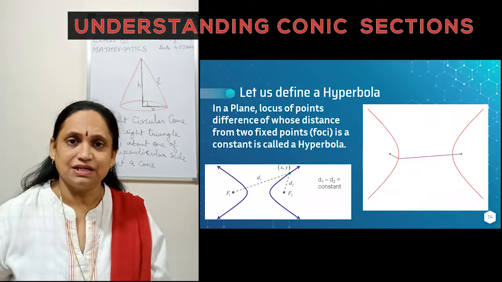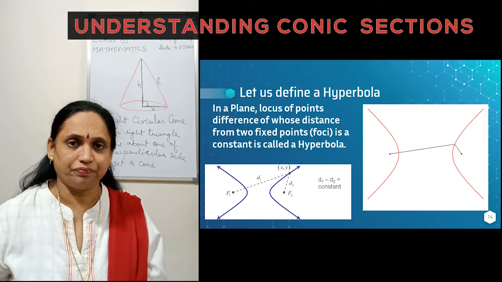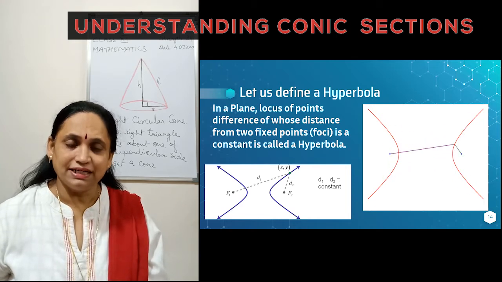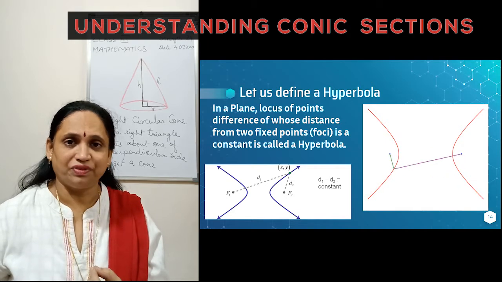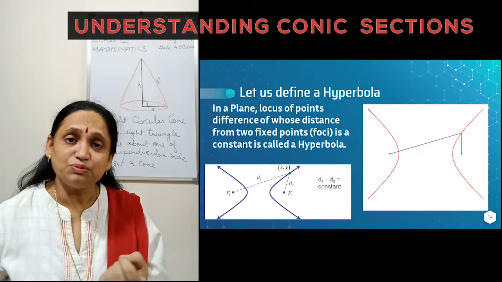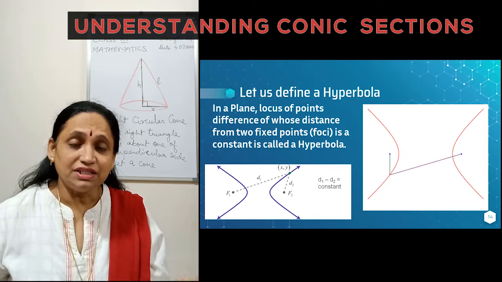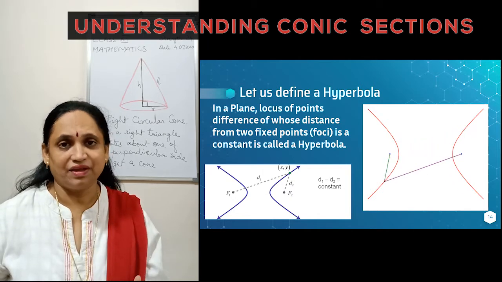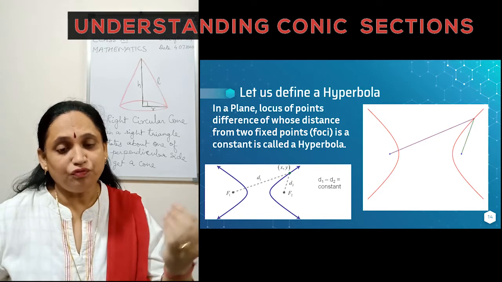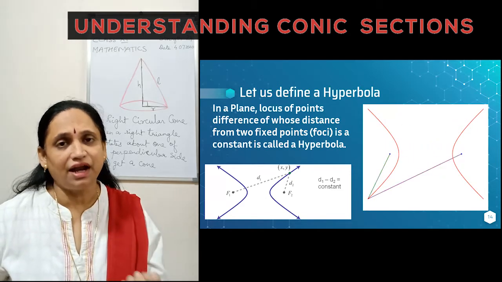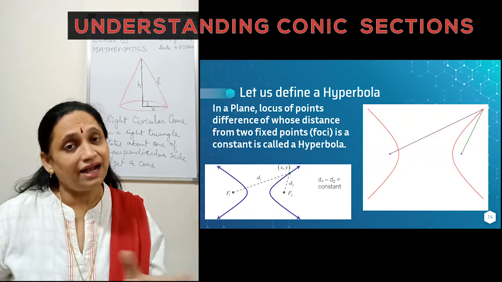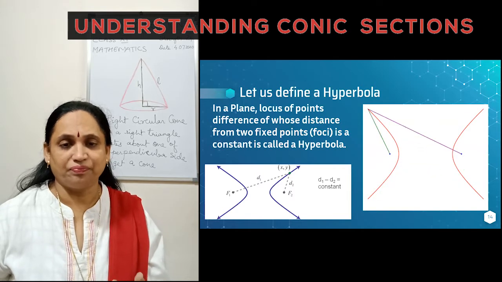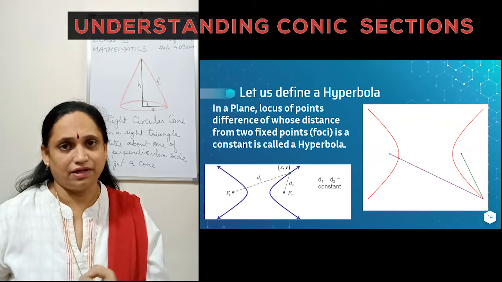The next, hyperbola. How is it formed? You can see the animated image. There is a set of points that are following a particular rule. And what is that rule? The difference between the distances of a point on this curve from the 2 fixed points is a constant. So we get all these points which are joined and we get a figure which is symmetric and disjoint. And that's why it is called a hyperbola. The 2 fixed points are called foci.